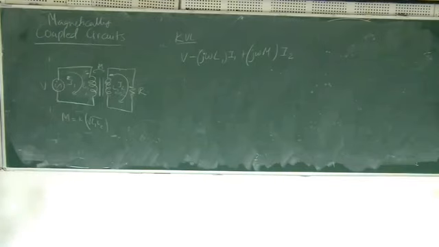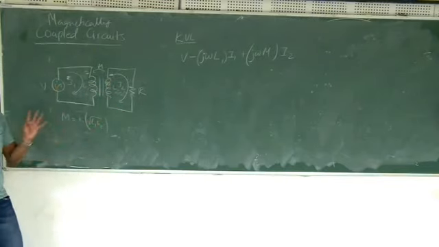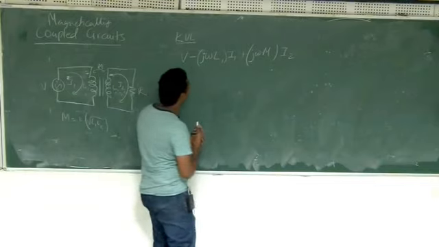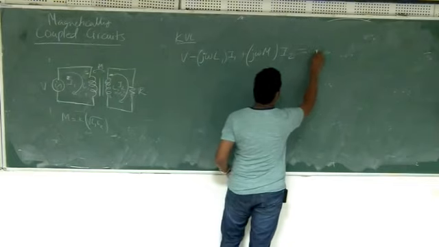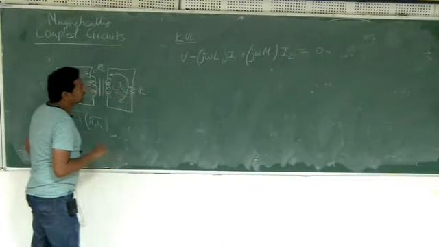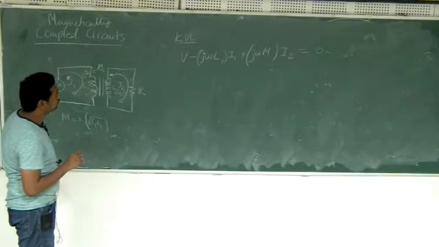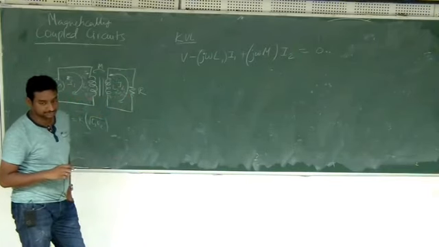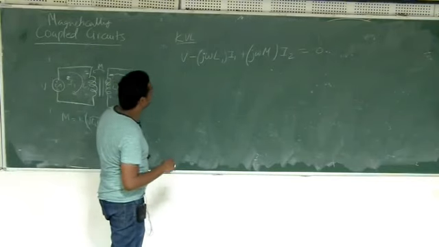Right now don't worry too much about the sign, because I can always place the dot on the other side and connect the circuit in such a way that it doesn't change anything. So this is one equation, and this will be equal to 0. I will slightly manipulate this equation so that I get a term I1 minus I2. We will do that later, or shall we do it right away?